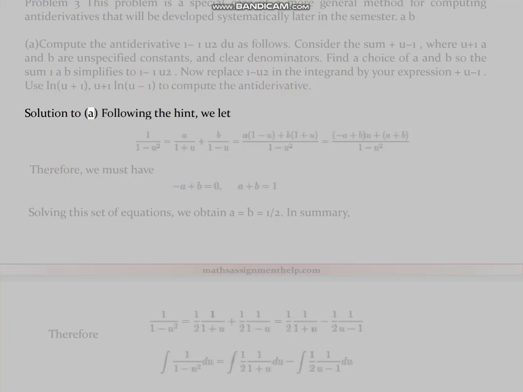Solution to A. Following the hint, we let the sum equal the given expression. Therefore, we must have the matching coefficients. Solving this set of equations, we obtain A equals B equals 1/2. In summary,